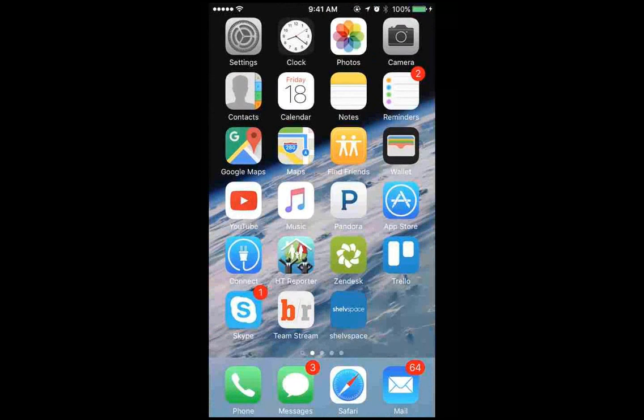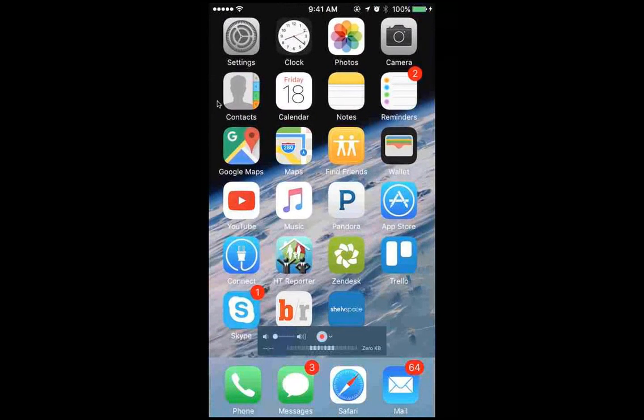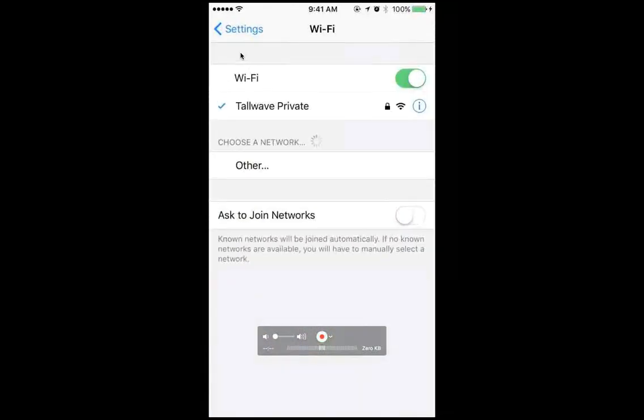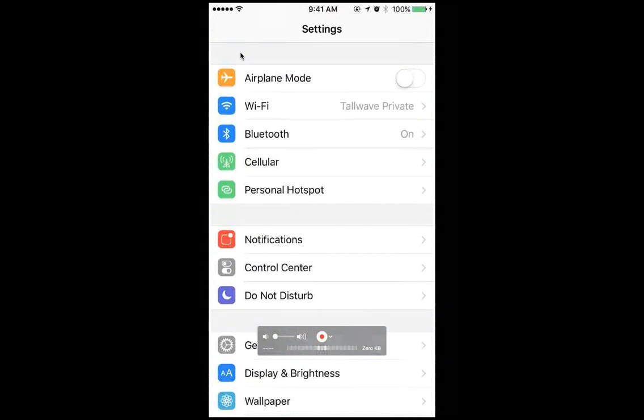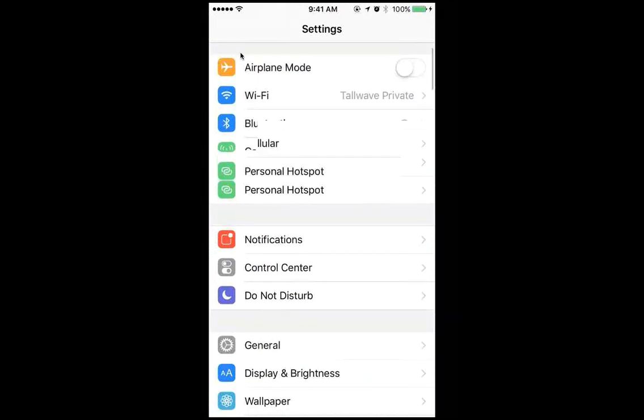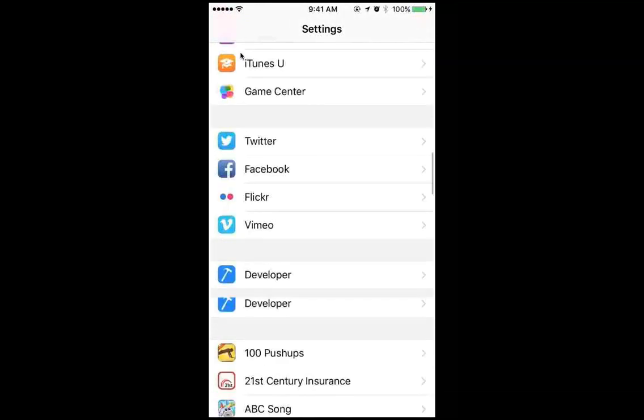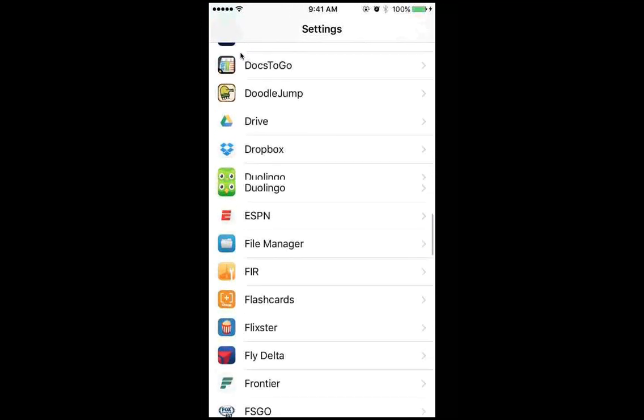in your iOS settings, so this is when you tap onto your home screen and you tap on the actual settings application, you can always verify your app settings of any app. So again, this can be applied to all of your other apps. As you scroll down in your settings page, you'll notice it'll start listing every single app you have downloaded to your device